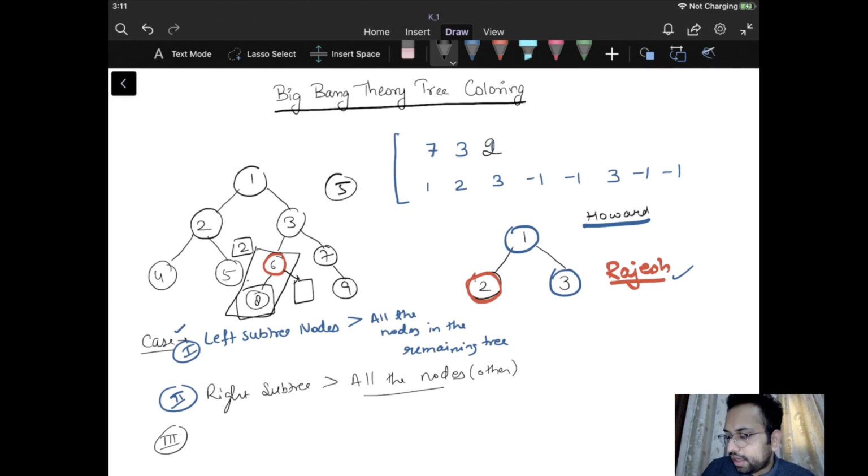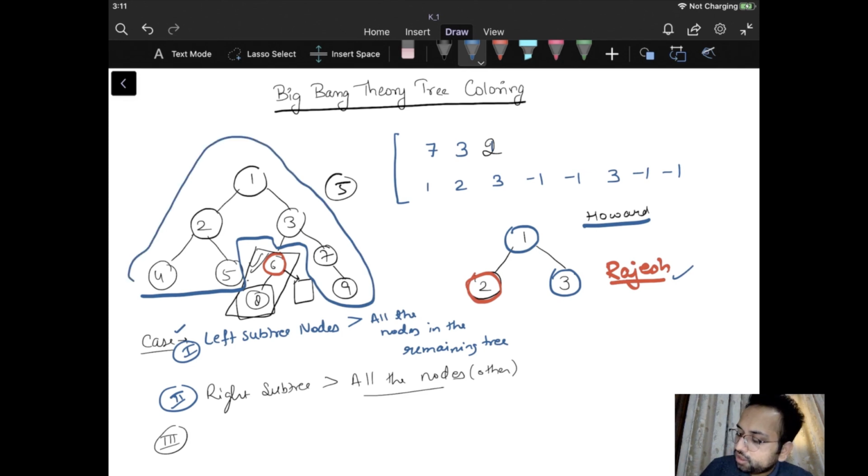The next thing I'm going to check is the remaining tree, which is not part of this particular subtree. I'll exclude this part, so this part does not consist of the left subtree or the right subtree of the node that Rajesh has chosen. So in this case, I'll check the remaining tree.